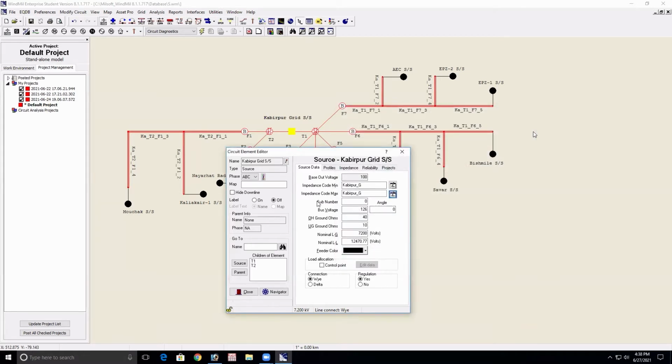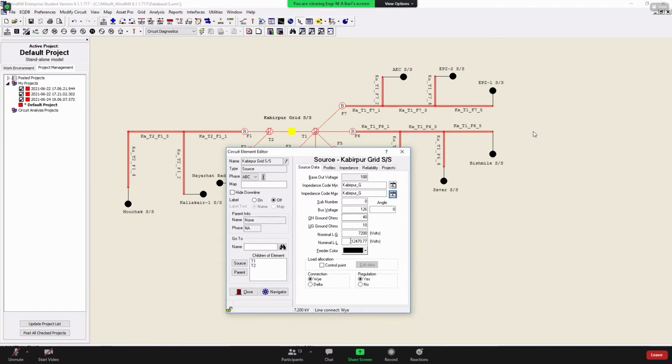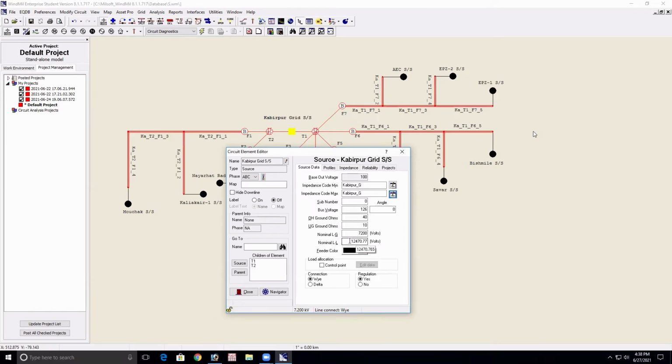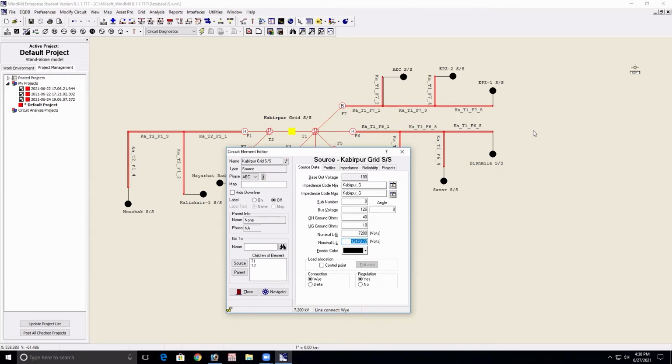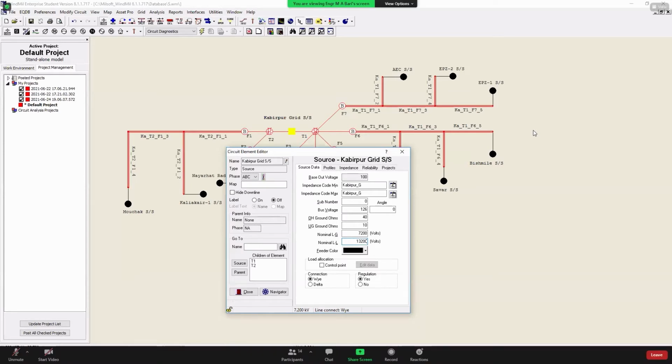So your impedance code max and mid will come. Then you need to write it here. Our line to line voltage, listen, our line to line voltage is 1,32,000. You need to put that voltage.